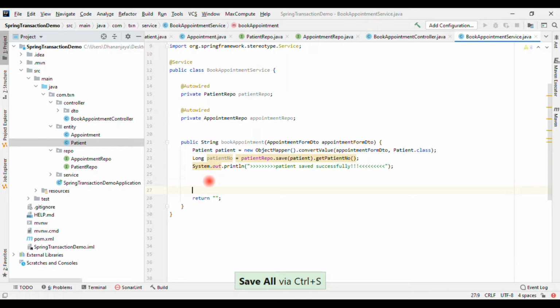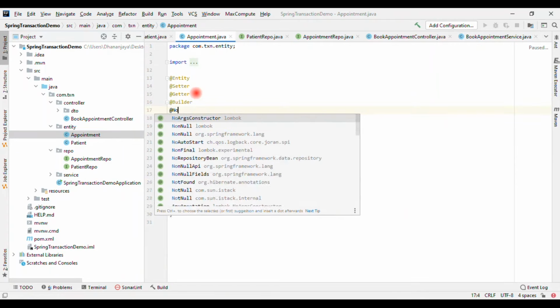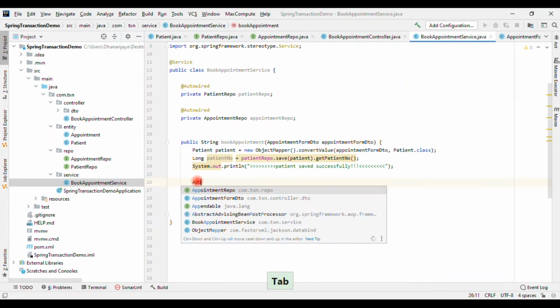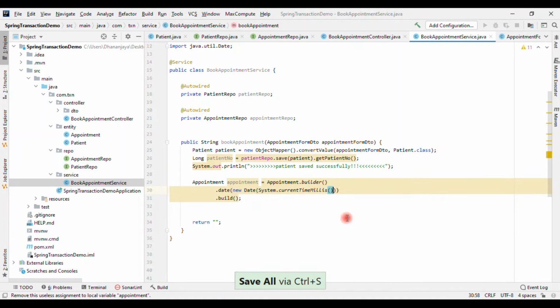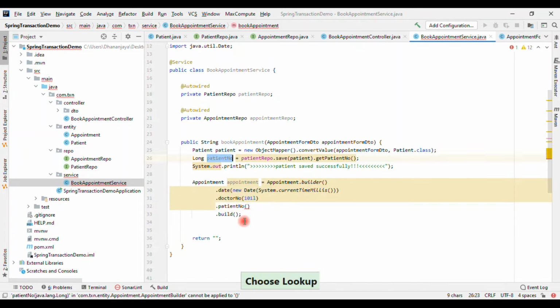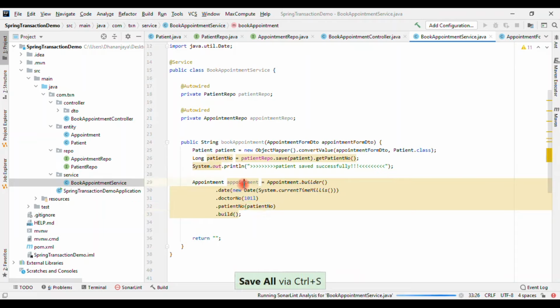After that, we will get the patient number and we will store that into appointment, right? So appointment is ready. Okay, so we'll store the appointment now.